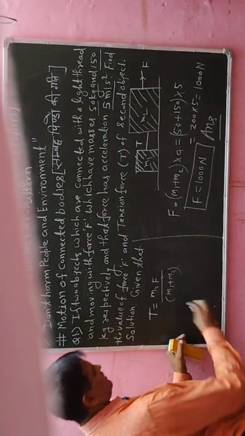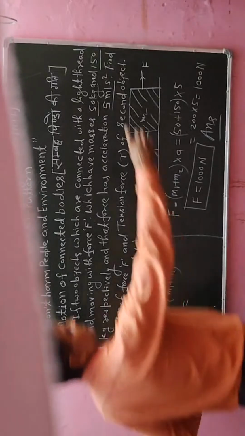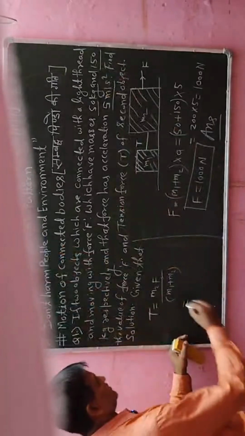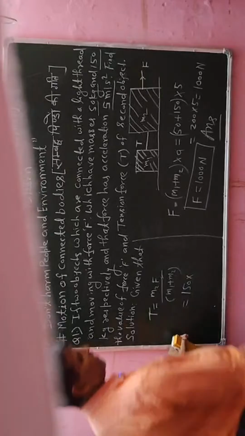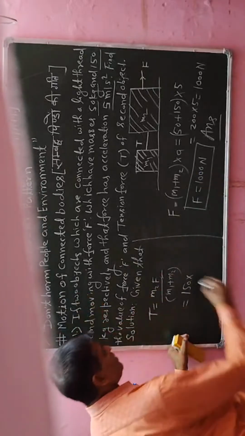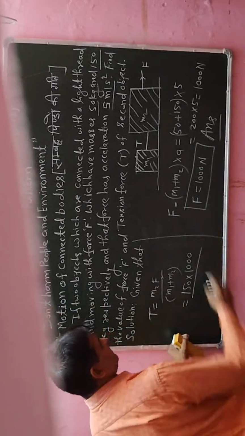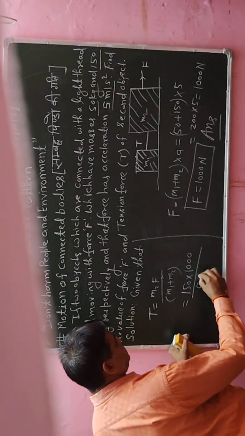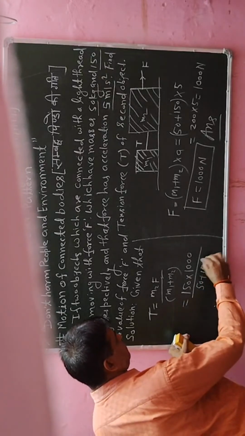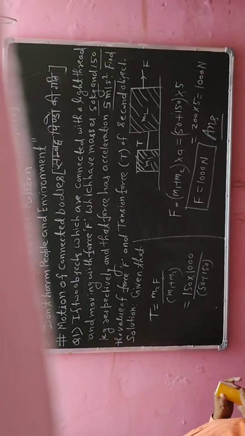उस वैल्यू को फाइंड आउट करने के लिए हम कैलकुलेट कर सकते हैं कि यहाँ पर सेकेंड ऑब्जेक्ट का मास कितना दिया गया है, 150 केजी। उसके बाद न्यूटन F का वैल्यू जो हमने ऑलरेडी फाइंड आउट किया है 1000। 1000 को मल्टीप्लाई किए, उसके बाद m1 प्लस m2 से डिवाइड कर दिए, जब m1 का वैल्यू 50 है और m2 का वैल्यू 150 है। इसको सिंप्लीफाई करके हम इसके वैल्यू को फाइंड आउट करते हैं।